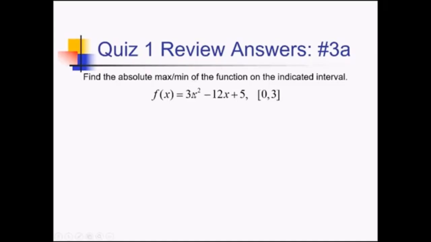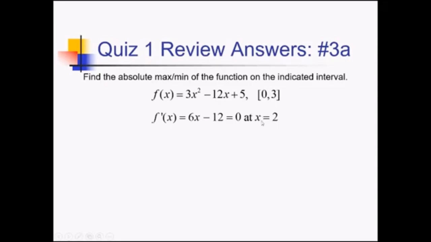So that's going to be 6x minus 12, and we need to see where that equals 0. It equals 0 if we add 12 and divide by 6, at x equals 2. And from here on out, there are different ways we could go. One way you could go, since this is the only critical value, you could do sign analysis around this, and